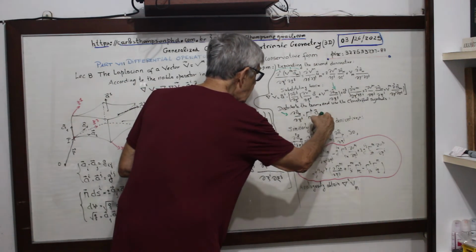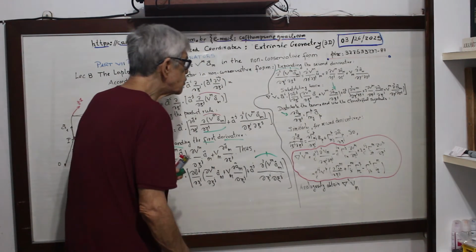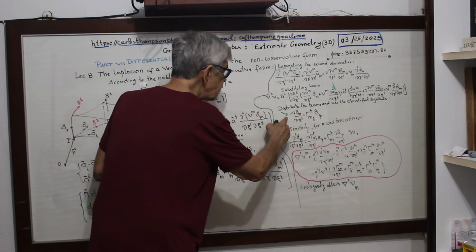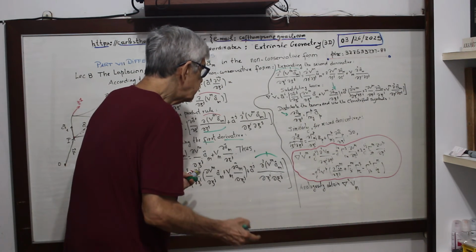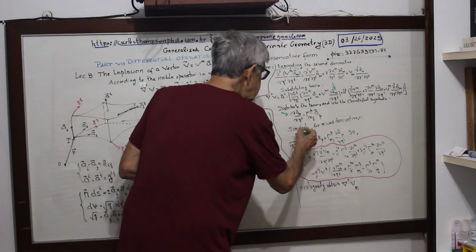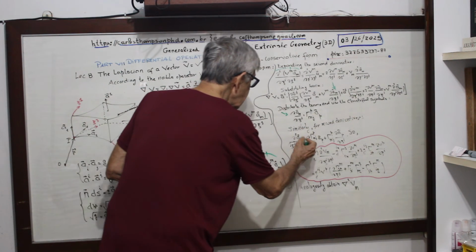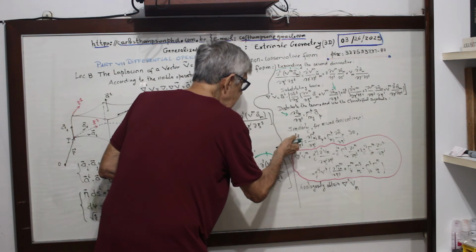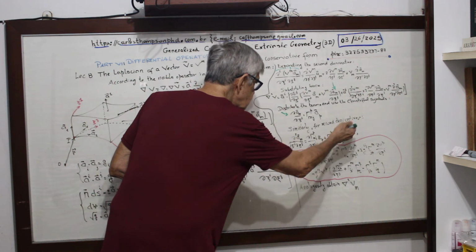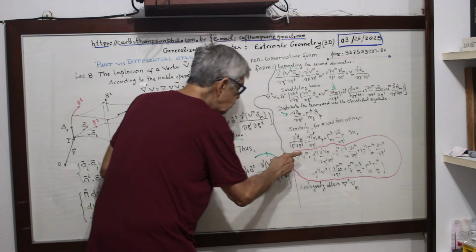So I can write the relation between this derivative and the Christoffel symbols. Now, you see, similarly for the second derivative of this, in this case, expand this, so you substitute, then you get this